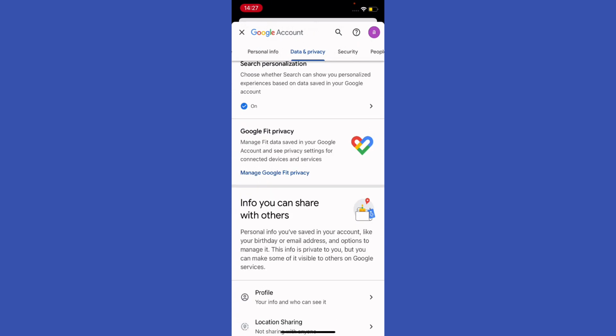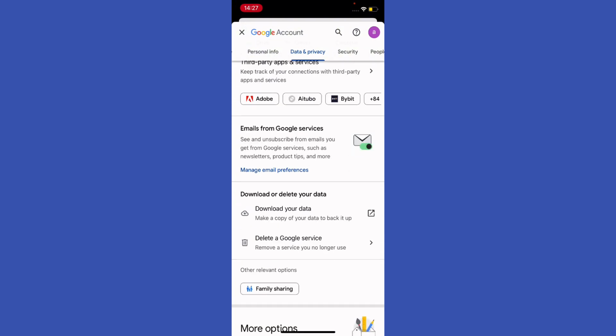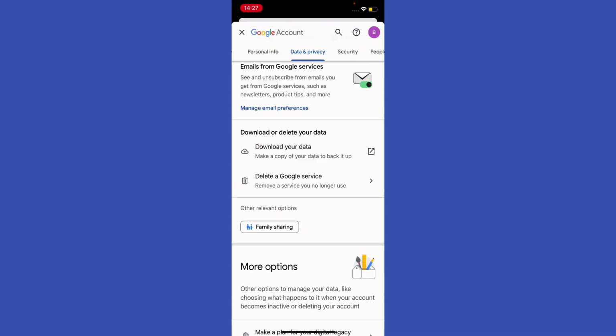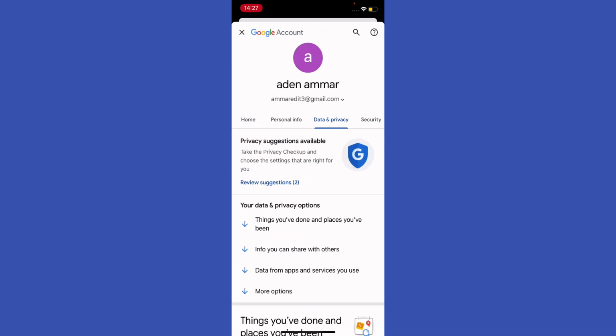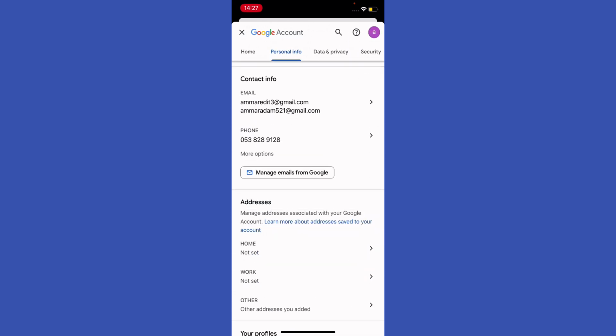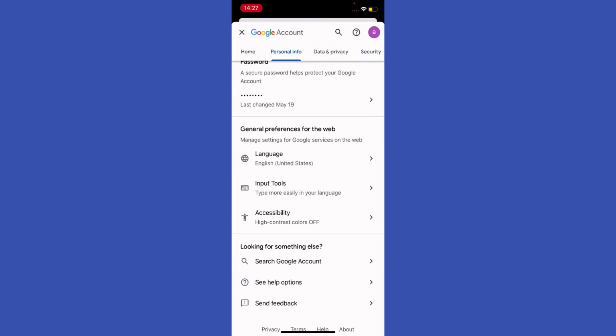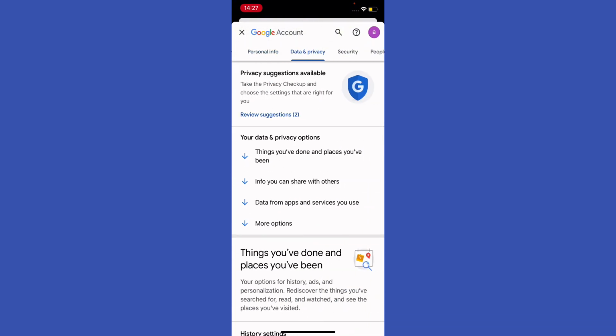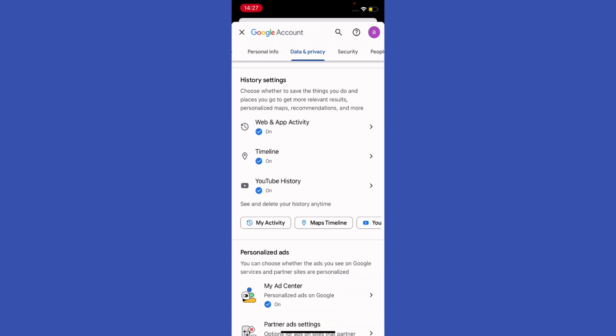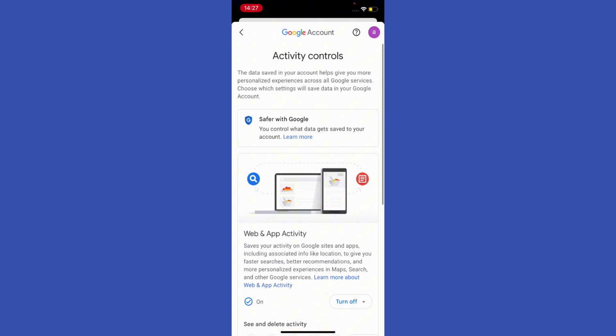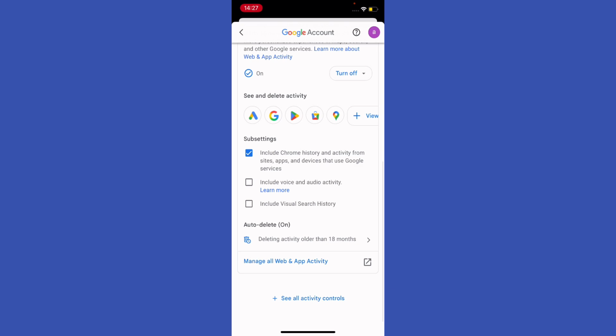Okay, scroll a little bit down, somewhere here. Not here, right? So go to data and privacy, of course, scroll a little bit down, and go ahead to the web and app activity, right? And you're going to see and delete activity from Google Ads, Google, and Google Play, and of course Google Maps